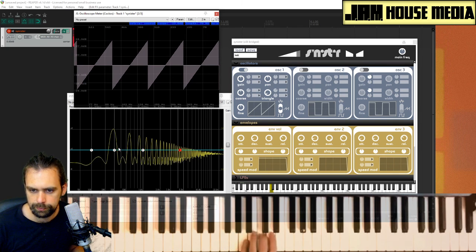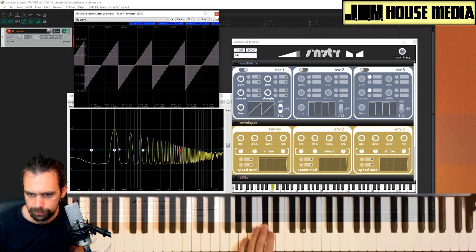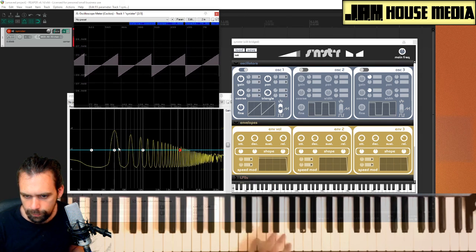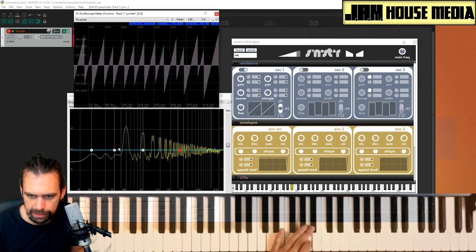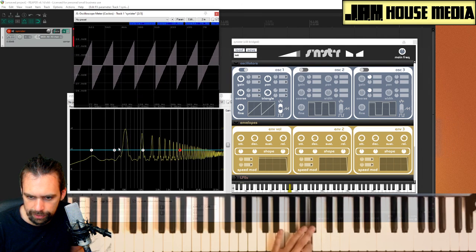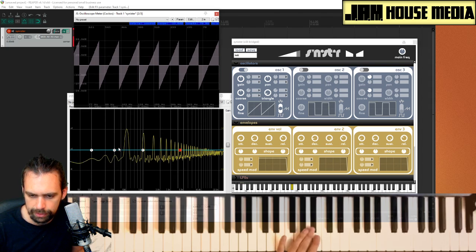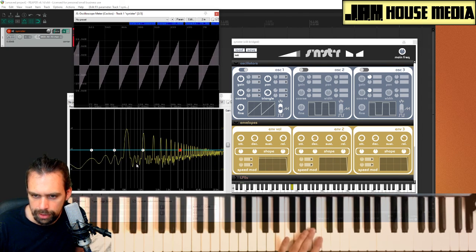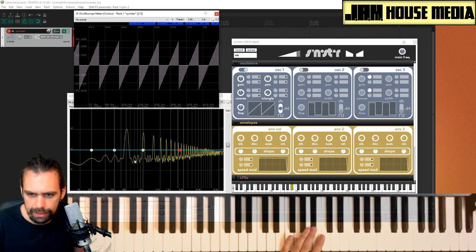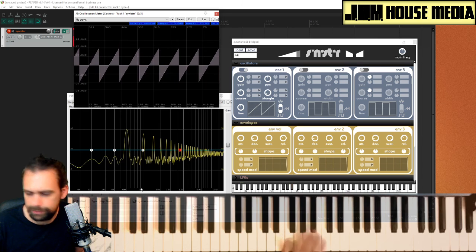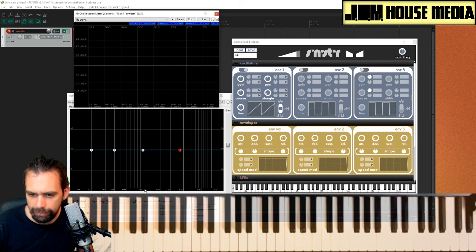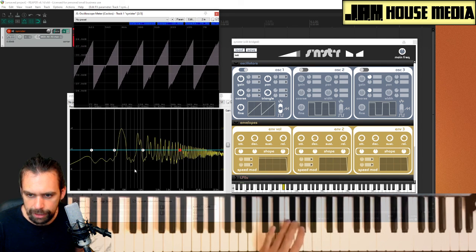So let me see if I can get something at roughly 500 hertz. This note is roughly at 500 hertz. It's not quite, but if you can see this 500 mark, doubling 500 is 1,000, and so the next harmonic is at 1,000, and that is because